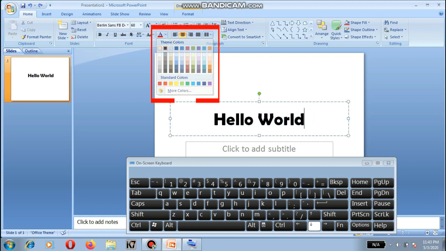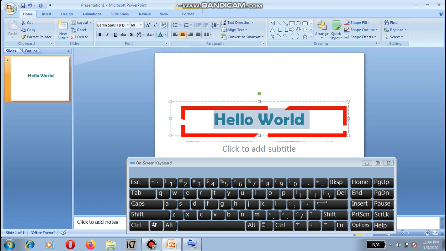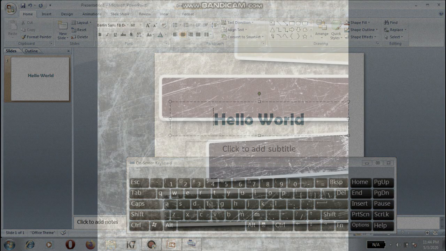Like if I use downward key, it will be changed automatically. So which color do you like? Select that and press enter. After entering it, you would be seeing that color has been changed. So this was the another trick to change font color.